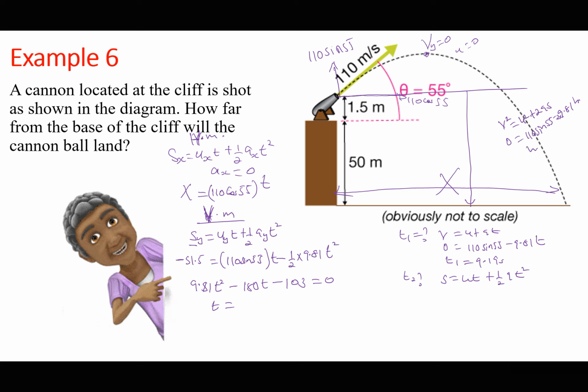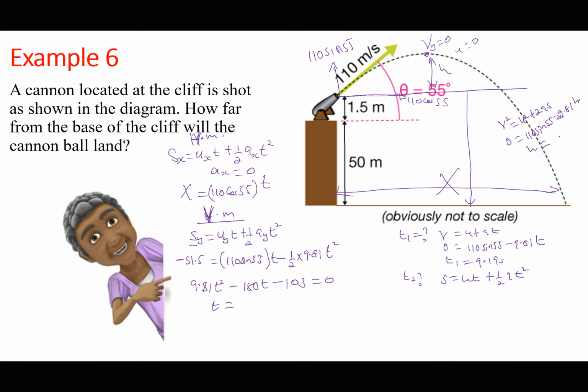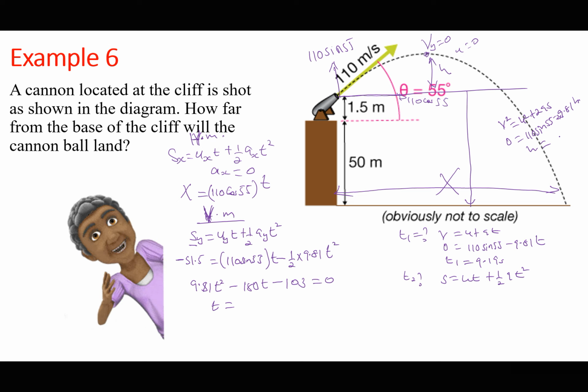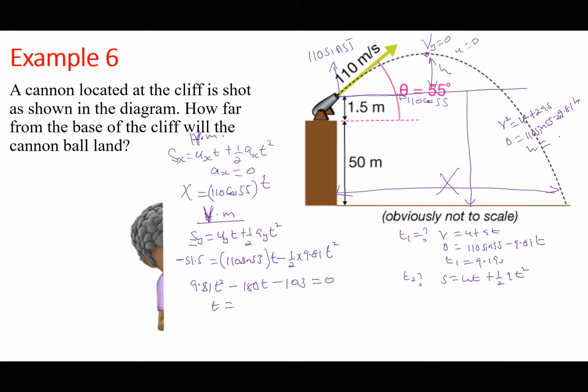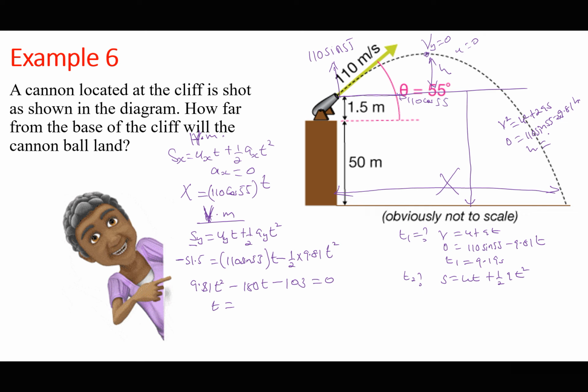So I'm finding the H from here to the highest point. So H is going to be equal to 110 sine of 55 divided by 2 times 9.81. So H is equal to